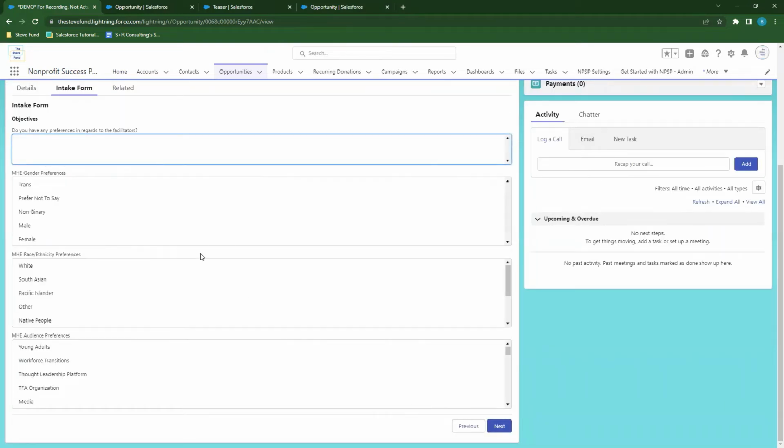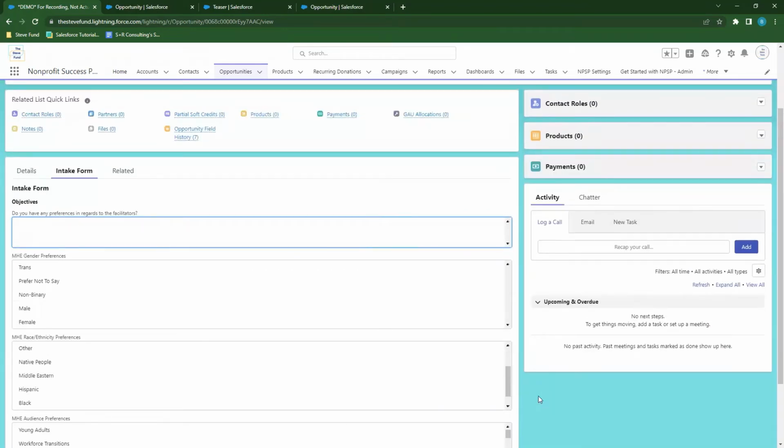And then this section is regarding the facilitator themselves. So if they have a preference in regards to the facilitator, they can enter any notes that they want here. Or what's the facilitator's specialty areas, meaning they work predominantly with females or with Pacific Islanders or typically with young adults and